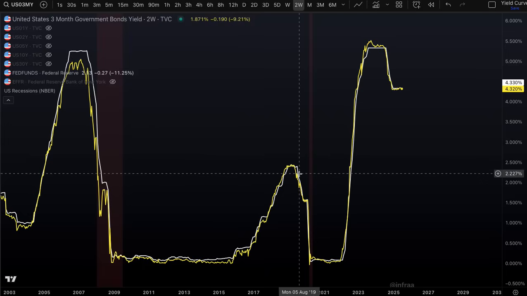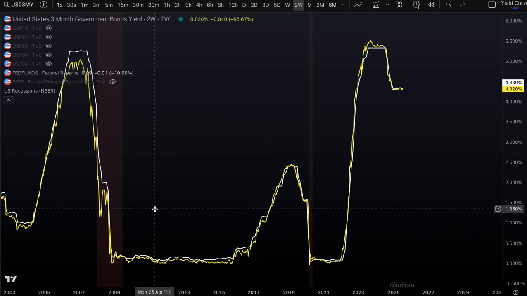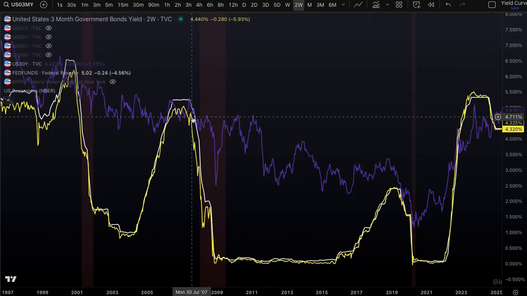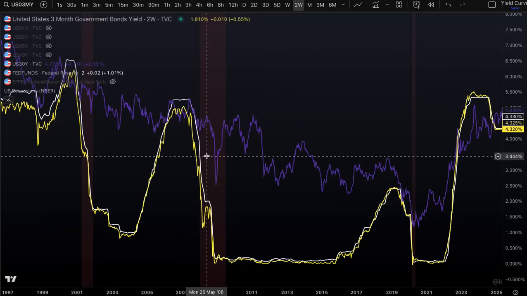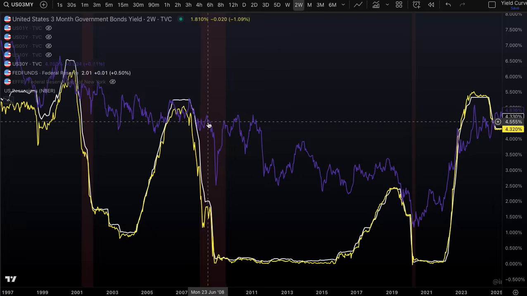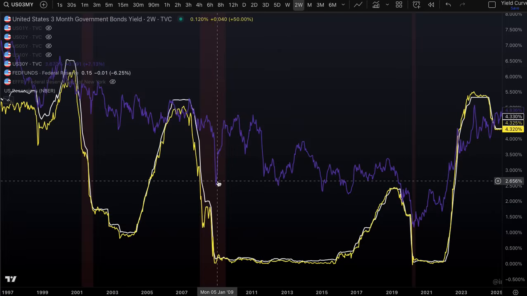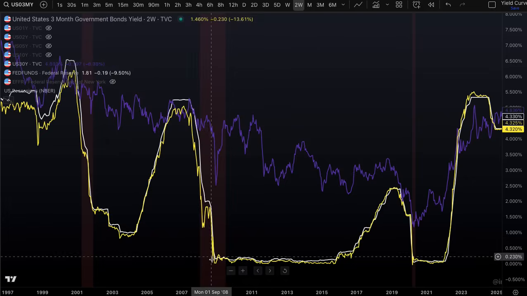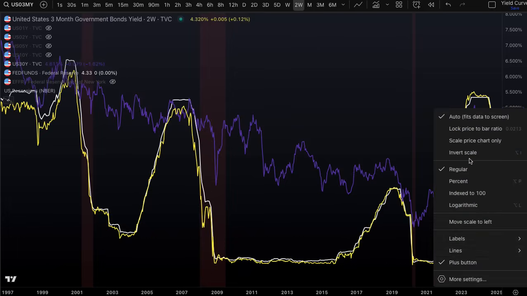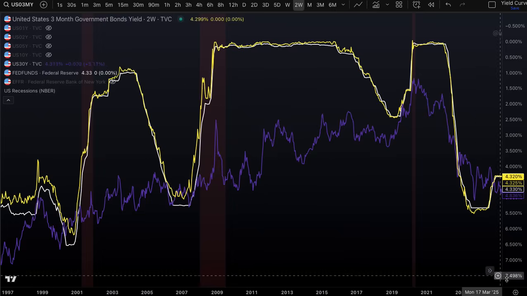And before a cutting cycle, what is happening is a huge amount of money is piling into short-term rates. Here is just the 2 and the 30, the 3-month and the 30-year. So very, very short-term and very, very long-term. And look at the difference. Like the 30-year fell in 2008. The yield fell for sure. The bond rallied. But look at how much the short-term maturities fell in terms of yield, or put another way, rose in terms of value.